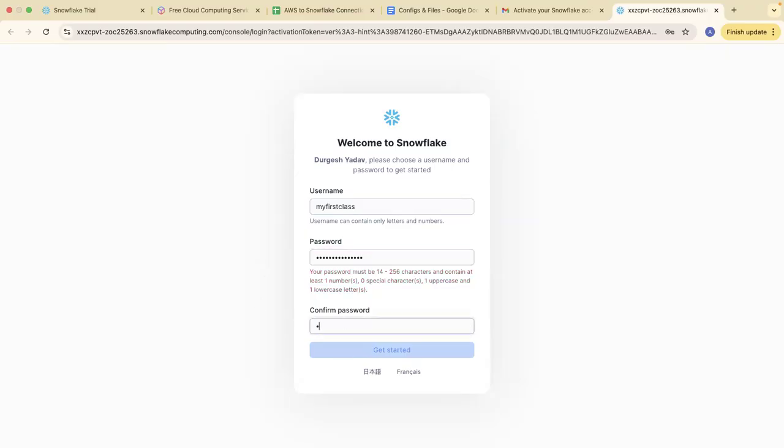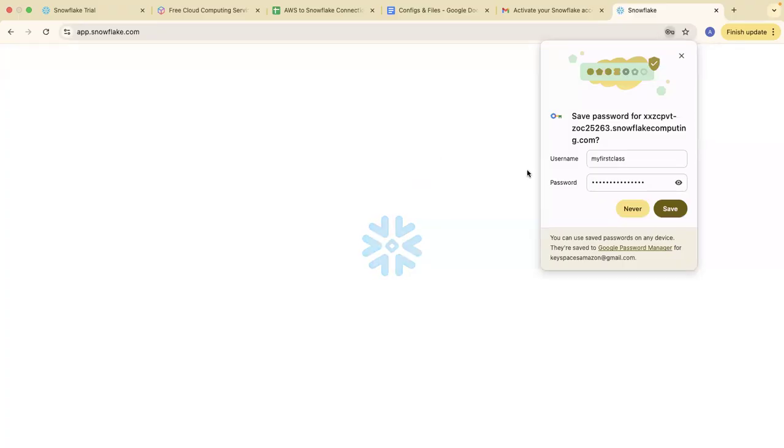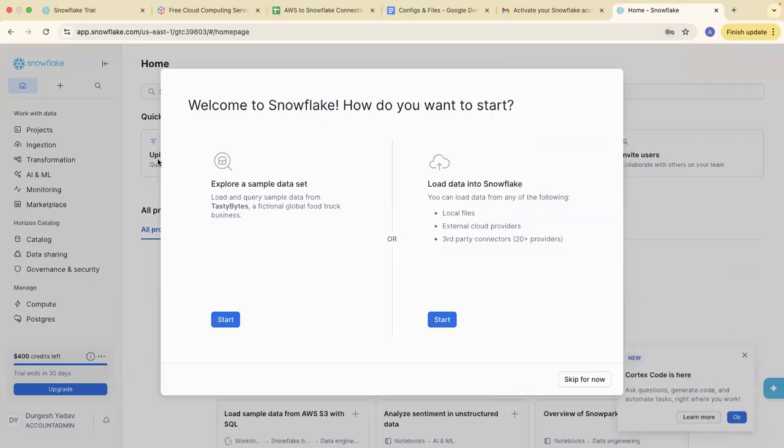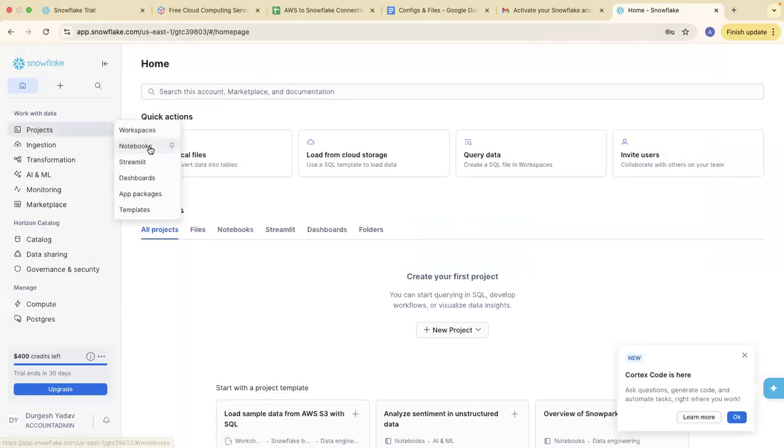So I will click on this and I'll click on get started. Once I click on get started, I will save this ID and password, and that's how my Snowflake dashboard will look like. Is everybody on the same page?